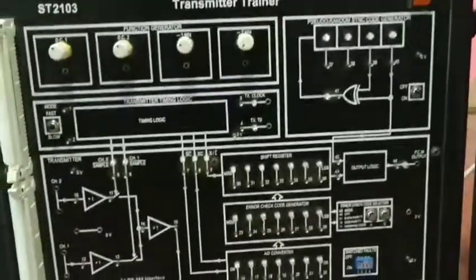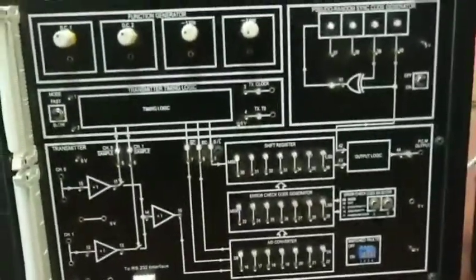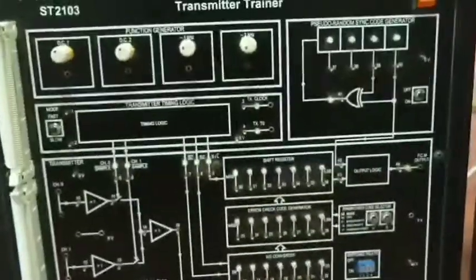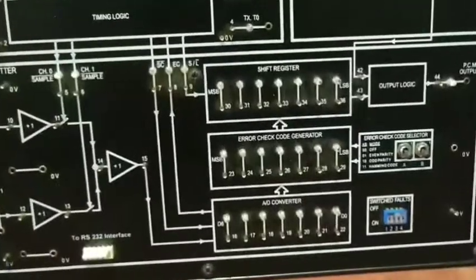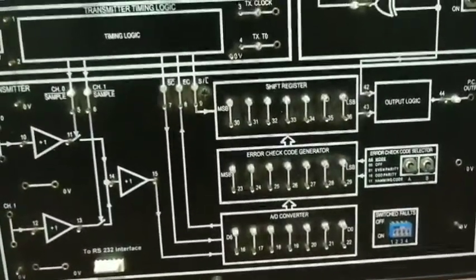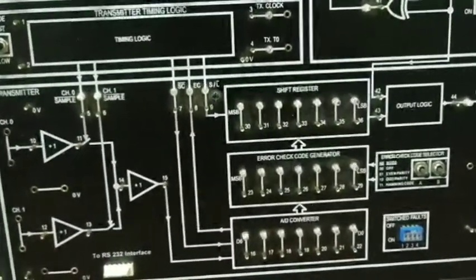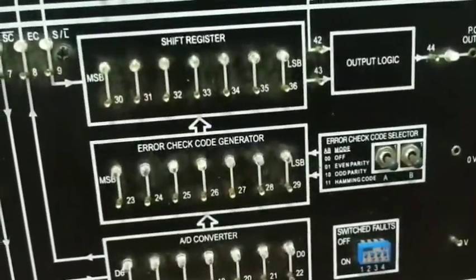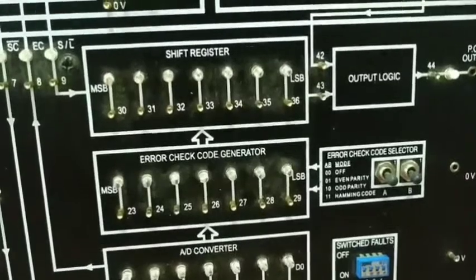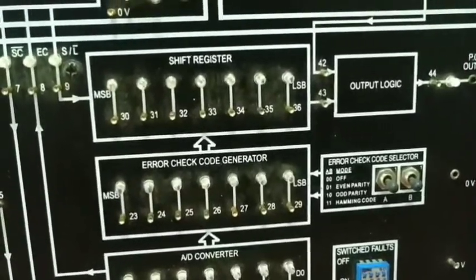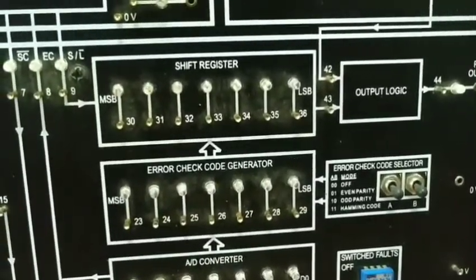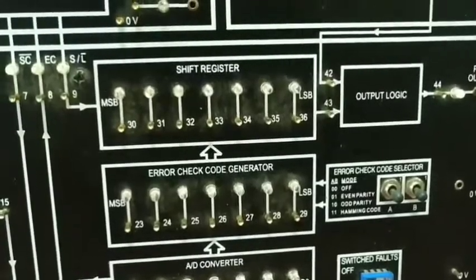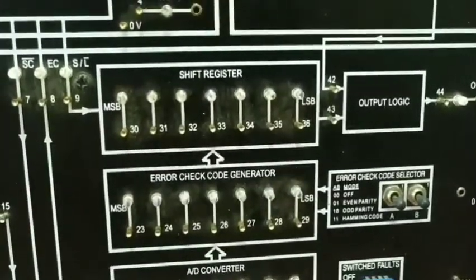Here you can see that there is another block which is called the error check code generator. Sometimes you may also have to use the error check code generator, which can be selected by this error check code selector. Depending upon which mode you have selected, either 00, 01, 10 or 11, you will get the different error check code selection.